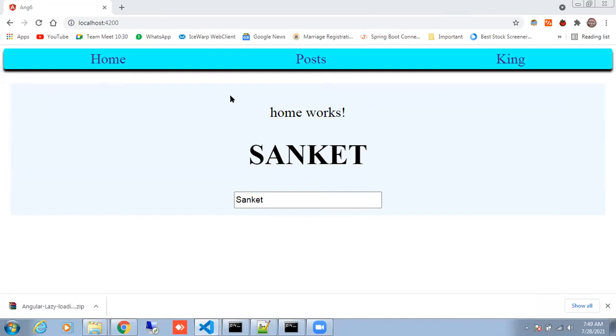So what do you mean by lazy loading? See, this example is a complete implementation of lazy loading. The idea behind lazy loading is very simple: we want to load the content or the module only once it is really required. If it is not required, you would like to delay it until it is.